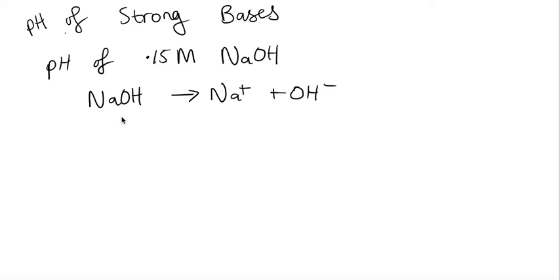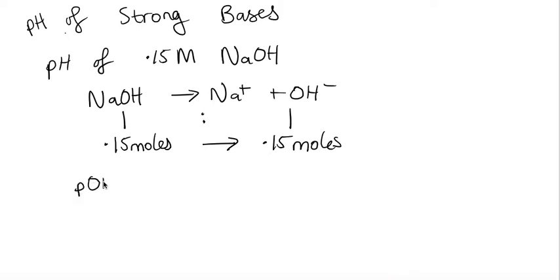And if we have a 1:1 ratio between our NaOH and the OH minus ions, that means that if they told us there was 0.15 moles per litre here, then how many moles of OH minus are we going to get? Yes, 0.15 moles. Now we can plug that into our formula for pH, except we're going to have to start